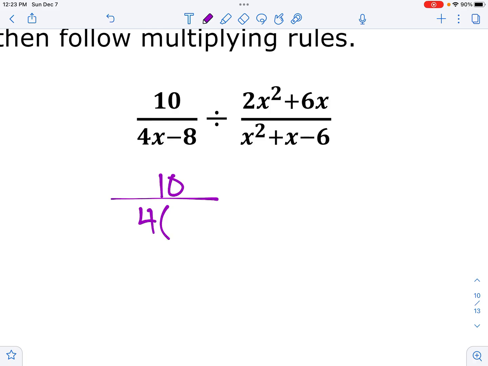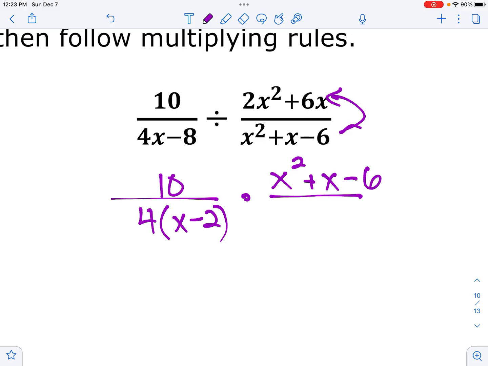I'm going to factor this right off the bat. I won't do it here. I guess we'll switch those first. And this one will come down here. Okay, now we'll do our